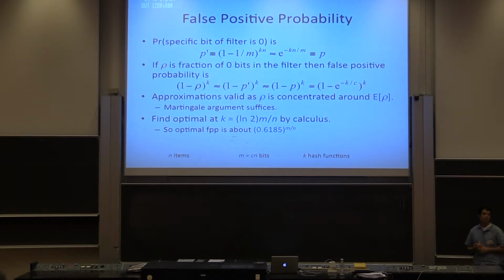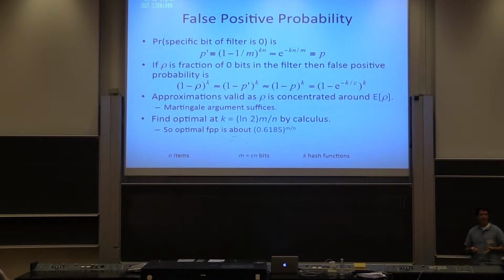And now if I look at this expression and I say, okay, well, how many hash functions should I use in my Bloom filter? Right? What's the number of hash functions that's best? I can do a little calculus to optimize this expression with respect to k. And I find that k is going to be log of 2 times m over n. And if I plug this value of k back in, I get that the optimal false positive probability is this constant,